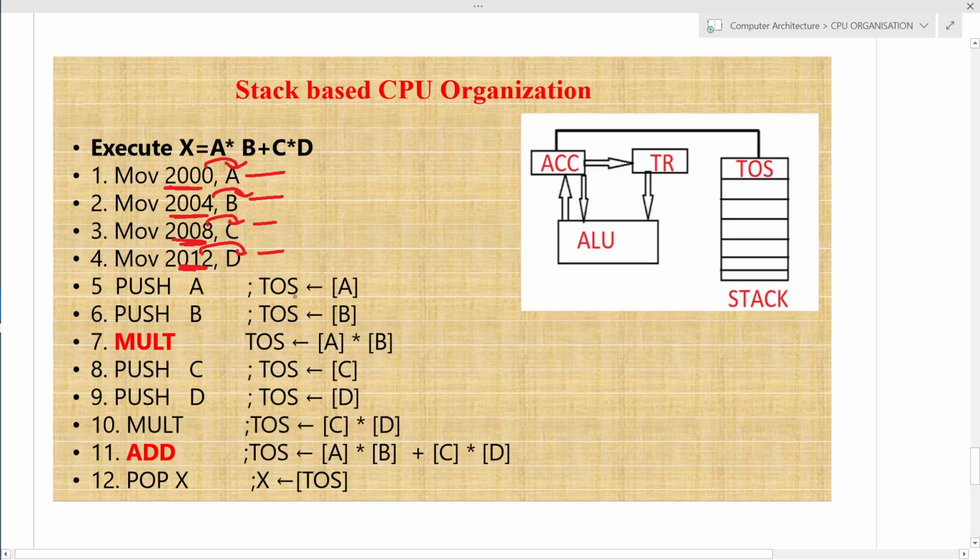Okay. So now this push means this ALU operation is performed on a stack.